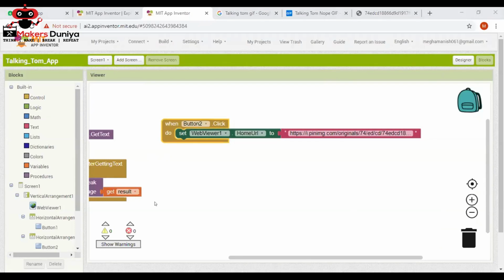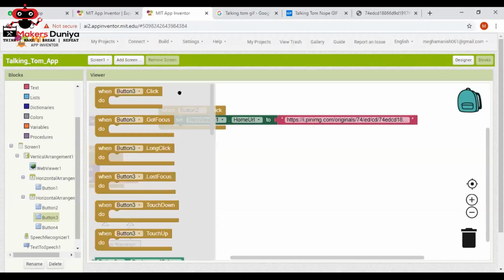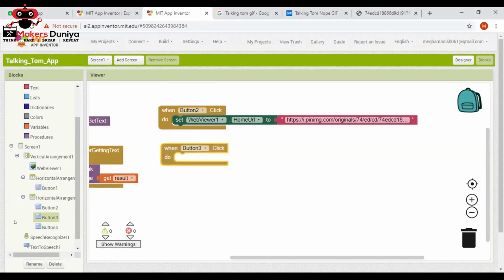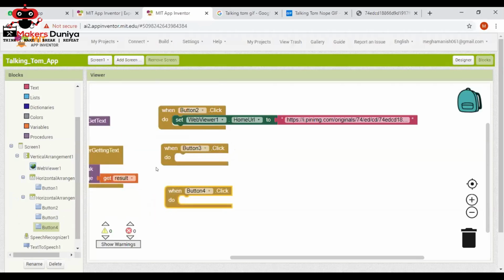So now you'll do the same things for the other buttons. Same thing for other buttons. You'll just go here, button 3 dot click and button 4 dot click, and you will just